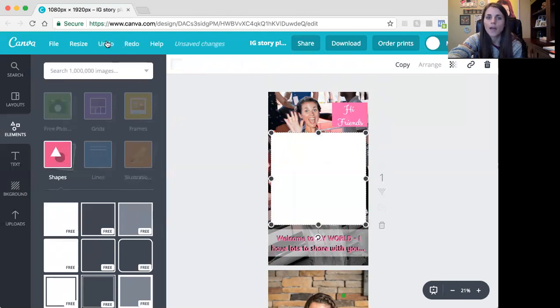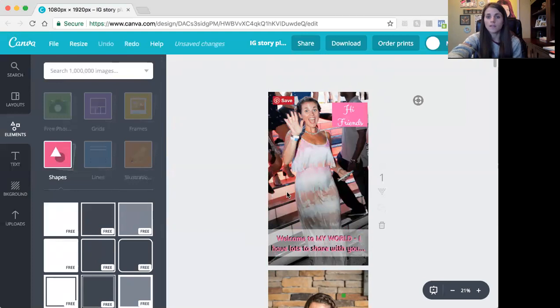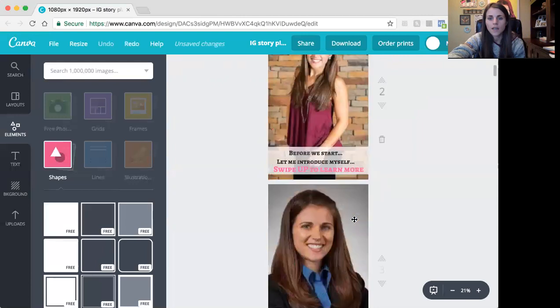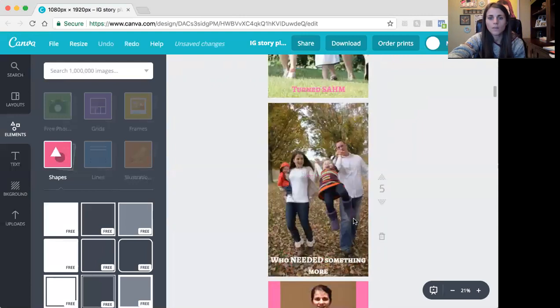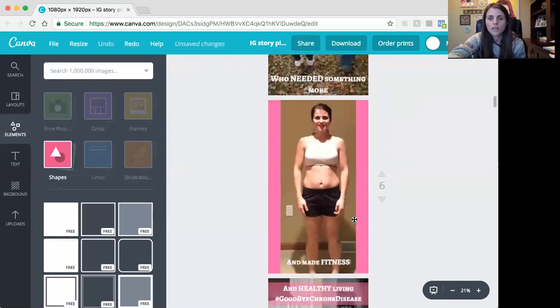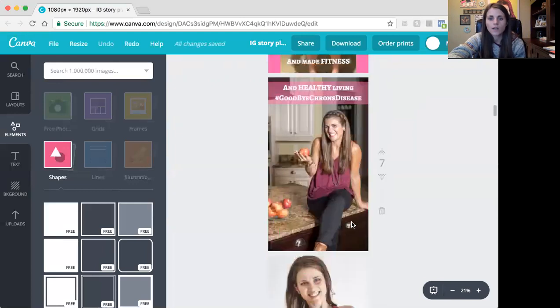Now you can only have 30 of these, I don't know if you want to call them images or spots in your slideshow. You can have 30, and I have 30, but you can trash it here. You can move them here. So let's just say there's my audit mom, the stay-at-home mom, and let's just pretend like I wanted this one